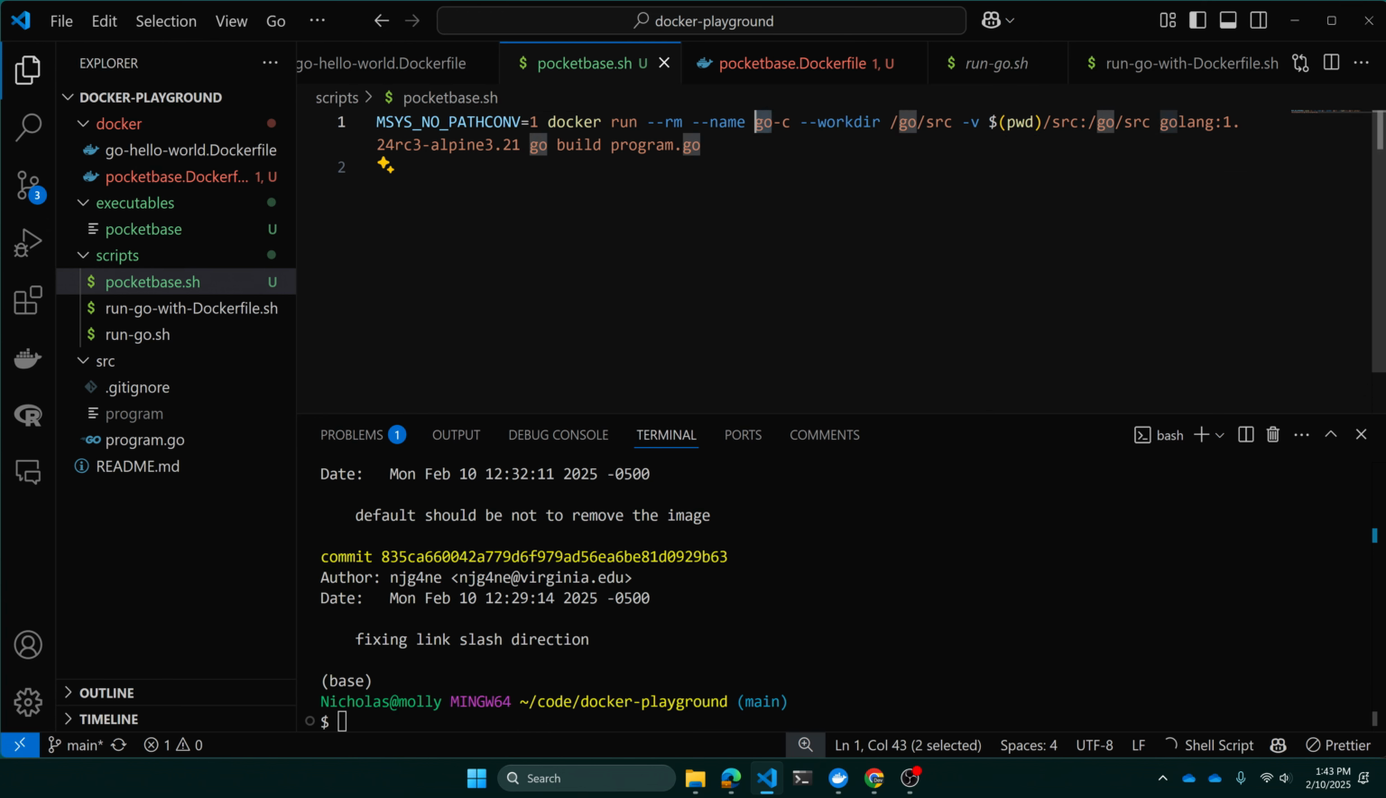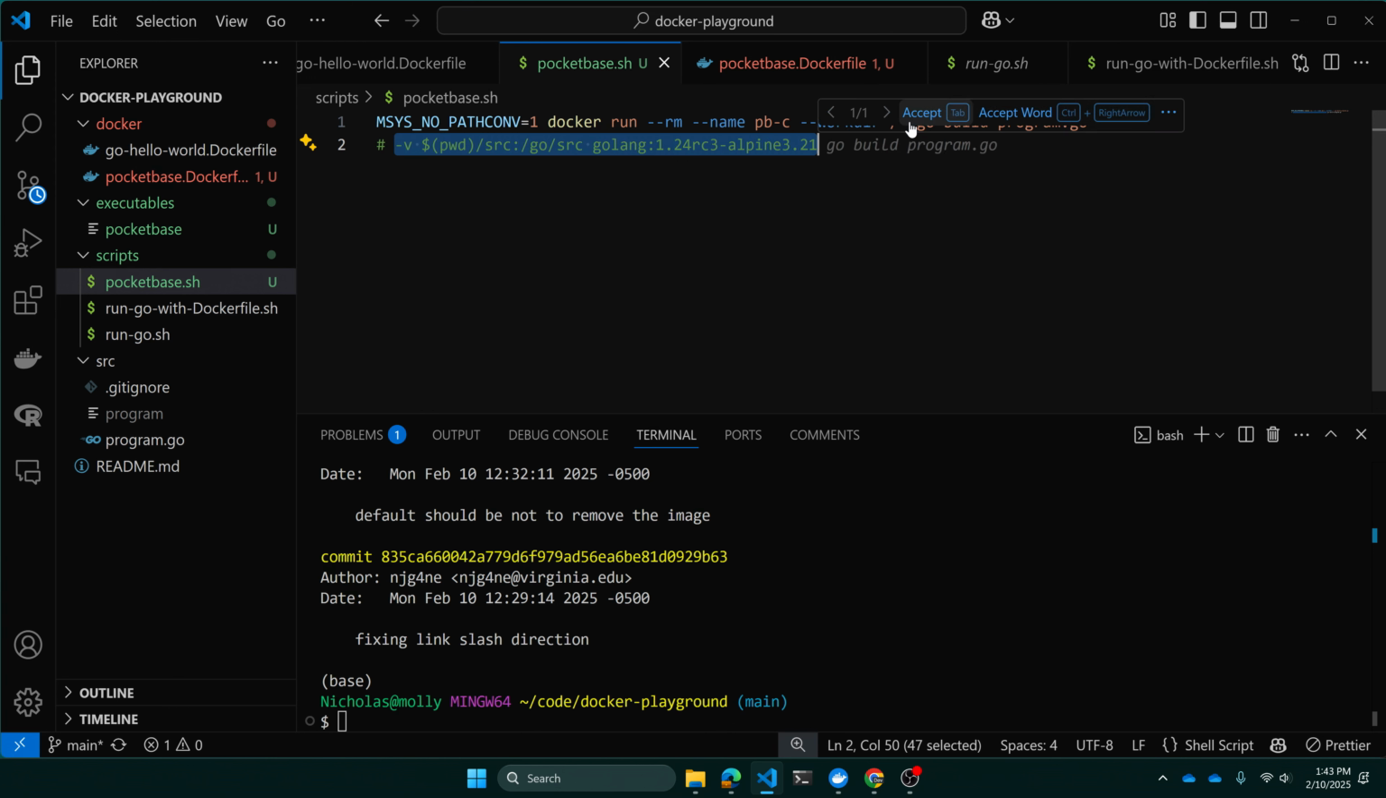We'll call it pb for Pocket Base, pbc, and our working directory will be, we don't know, so let's drop this out and just make it slash for now. And for volumes, we are going to want a volume, but we don't know where yet, so let's just pull this out and comment it out. And then we're going to want to run the container